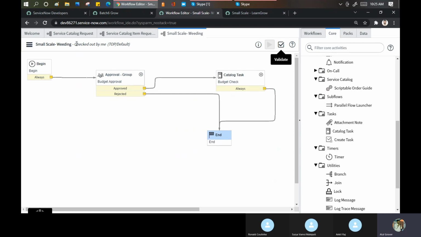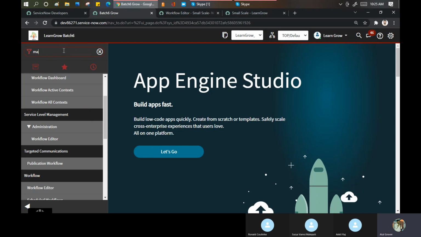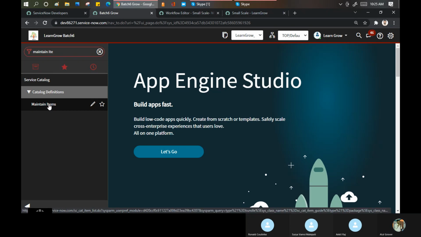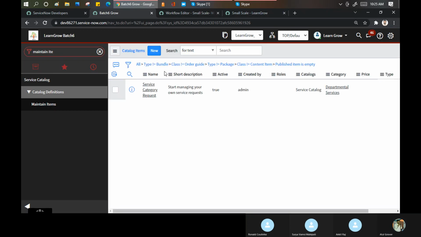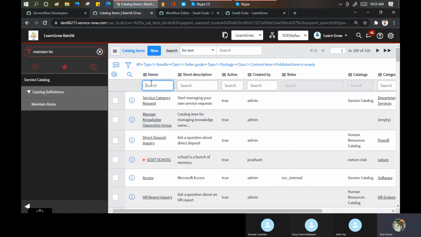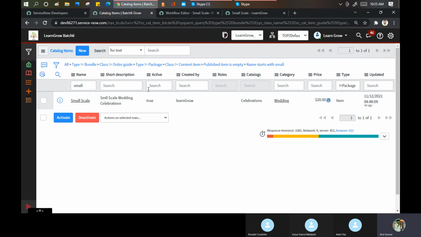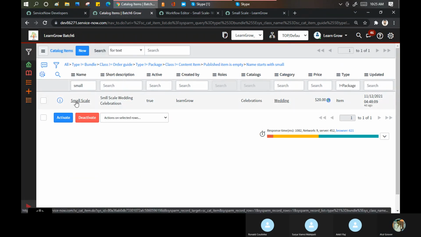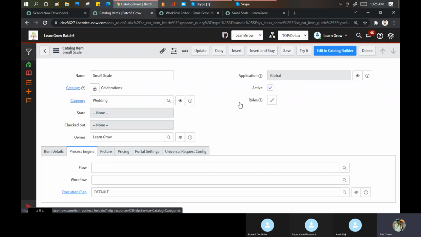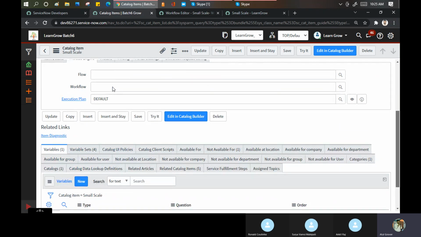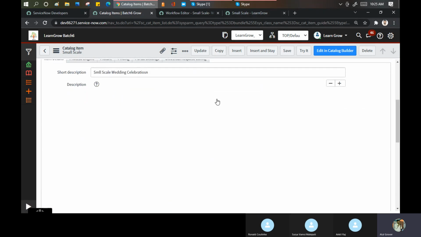Now, what is this? It is checked out. Now, if I go here and open my maintain items, and search for the small scale. Open it. And scroll down. Try to see the workflow here. क्या नाम है हमारे workflow का? Small scale, right?